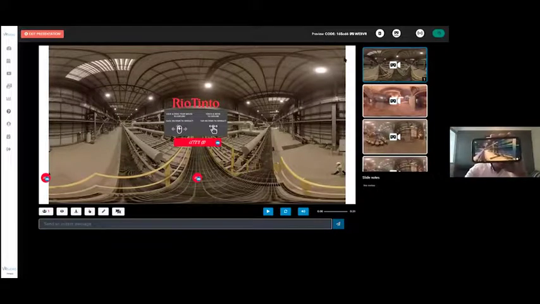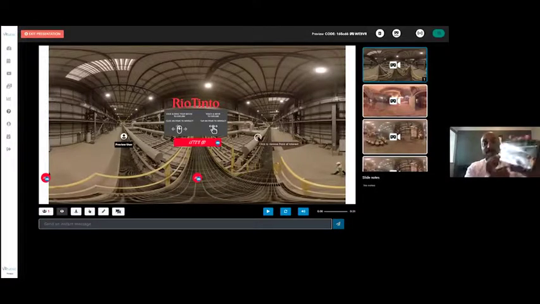Now, if you look at the screen I'm sharing with you, you will notice there is a preview user icon moving around. Let me move this out of the way. The preview user icon is me navigating through the experience using my phone. And the beauty of it is, if you're doing it in real time, you can see where people are looking and you can engage with them. If I click anywhere on the screen as a presenter on my mobile app, it creates an arrow directing me to where I need to look.